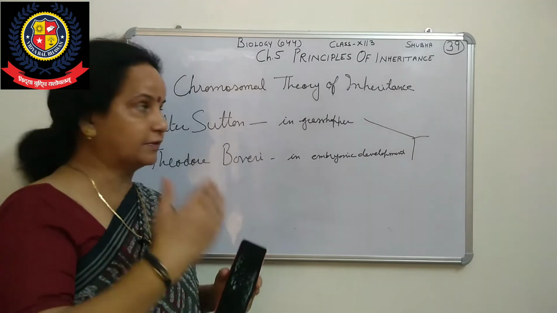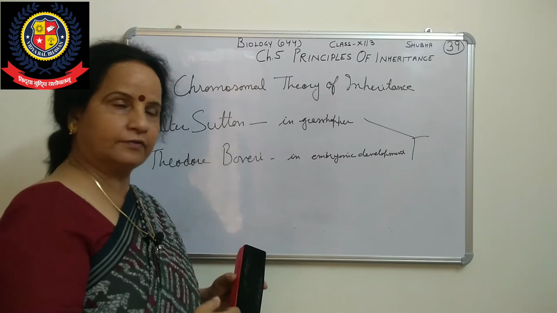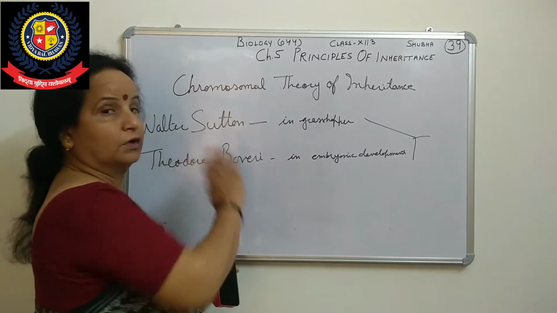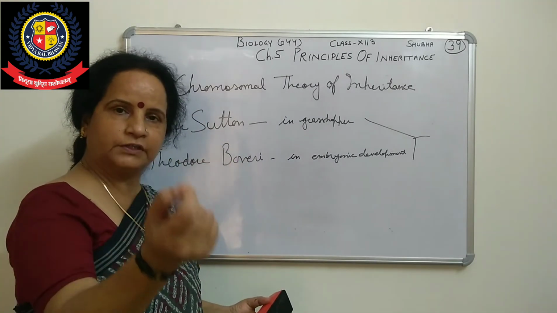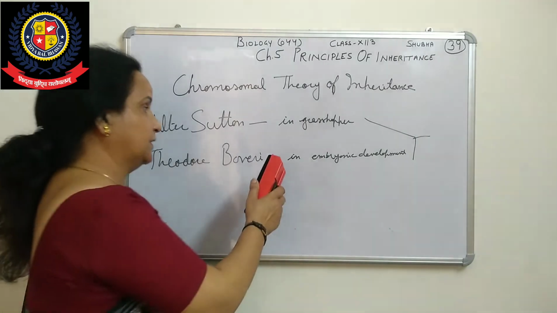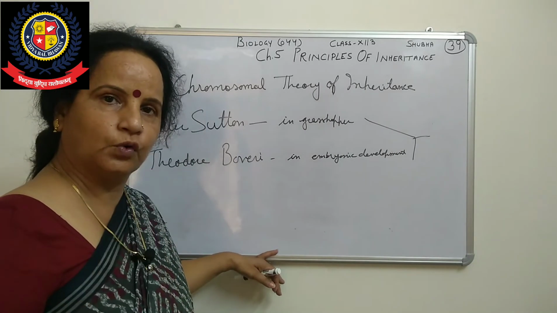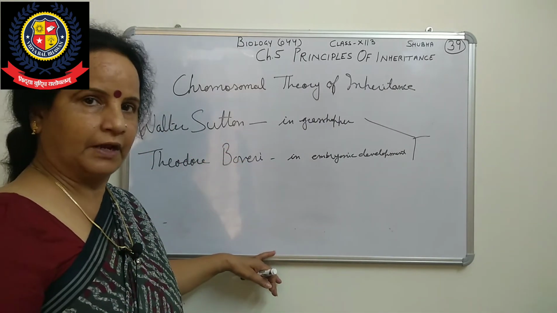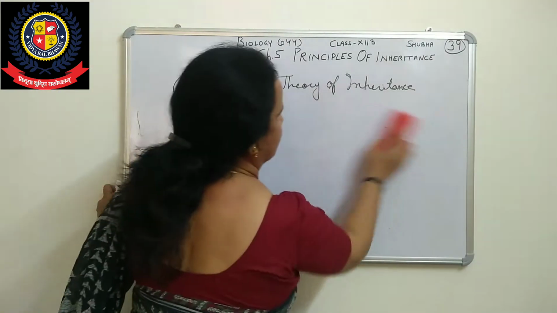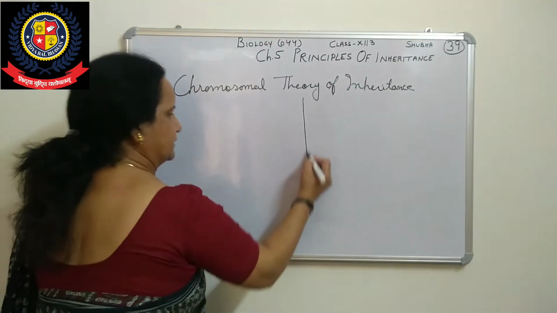So what is the difference between Mendel's theory of inheritance and this theory of inheritance, which is called the chromosomal theory? We will see both are the same, only the word is changed. Then they recognized that whatever Mendel had told is 100% correct. We will mark one as Mendel and the second as Sutton and Boveri, what both had told.